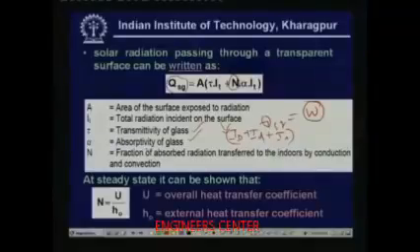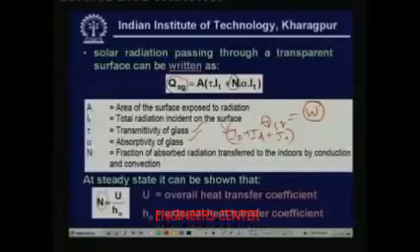There will be heat transfer due to convection. Okay. So, this factor n takes into account this heat transfer, that means the heat transfer due to convection because of the temperature difference between the glass and the surrounding air. Okay. And it can be very easily shown that at steady state the value of n is given by U